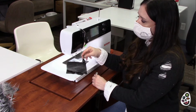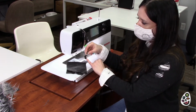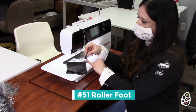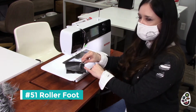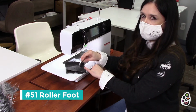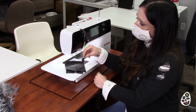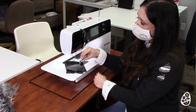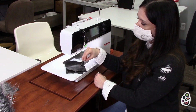Another option for this would be the leather roller. The leather roller is kind of funny because it only has a little wheel on the left side of the needle like this. This one isn't ideal for what I'm doing, but sometimes, if you really have something ooey and gooey, this will work. This is called a leather roller because back in the day when you had to make debutante gloves, this is the tool that would be used to make gloves, because you could still have feed dog assistance,